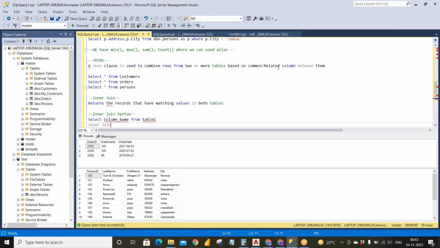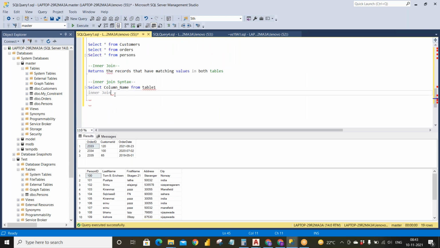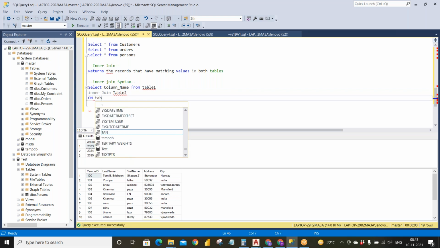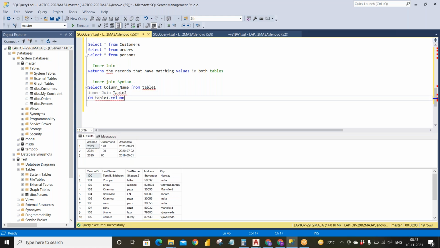This is the keyword we use: inner space join is a keyword, and we give the table 2 name, and then we need to give the condition. For the condition, we need to give a keyword called on, and then table 1 dot column name equals table 2 dot column name.